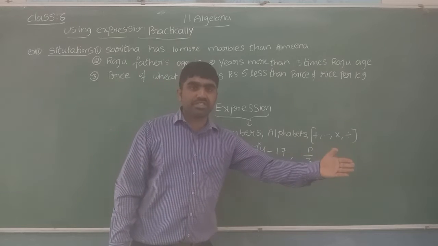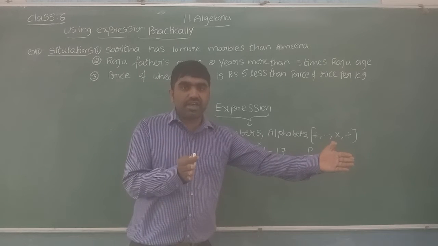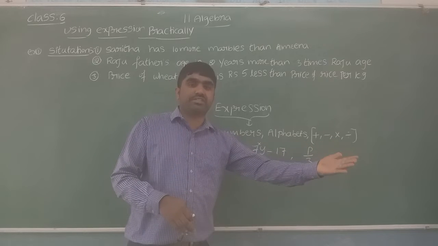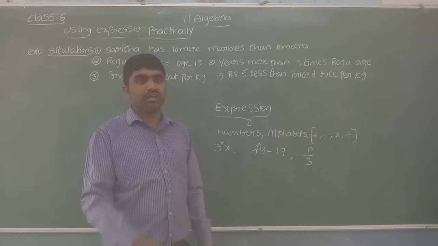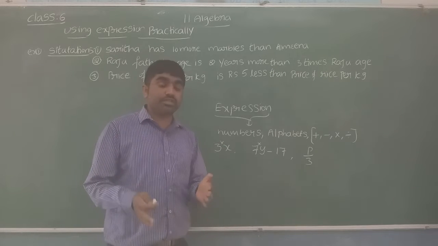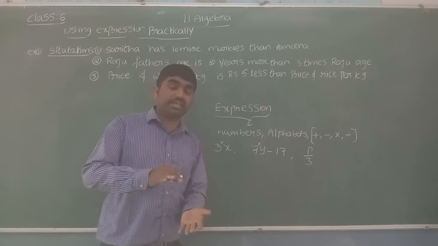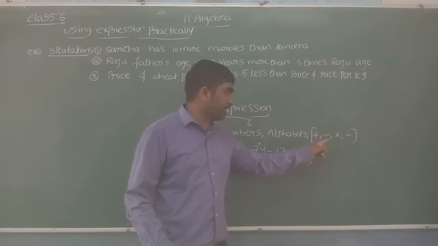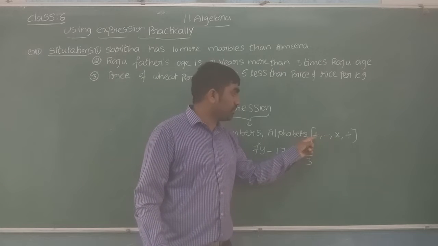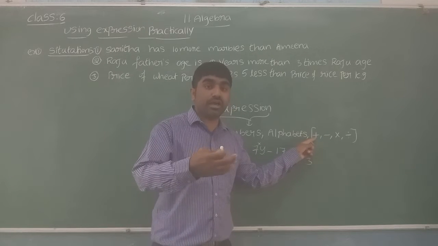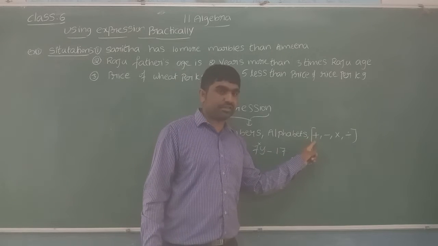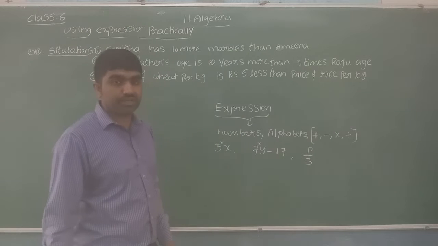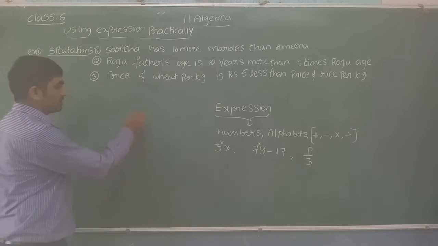And when can we use minus, beta? Less than or younger. Suppose Kashi's age is 5 years. Sai's age is 2 years younger than Kashi's. Here 5, 2 years younger means what? 5 minus 2, which gives 3. So when they use the word younger or less than, you can use minus. When can we use plus? When they say more than, greater than, older than, you can use the word plus.